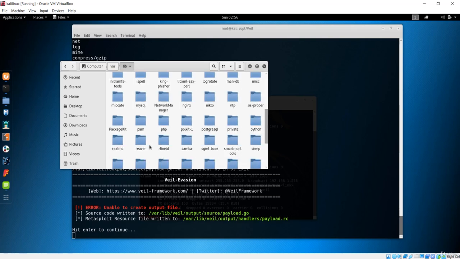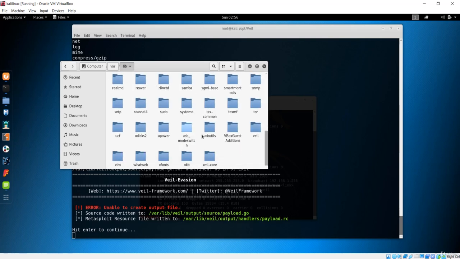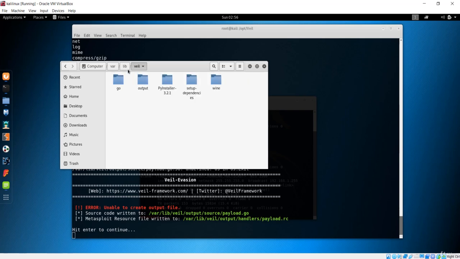Garble is the framework that is going to be inside this library. And now it is going to be in output and source, and you can see we have this reverse https.go and payload.go. So you can see we have created this output file, and this is the payload.